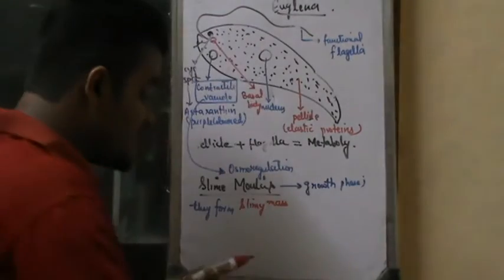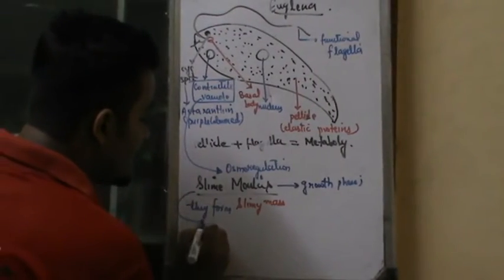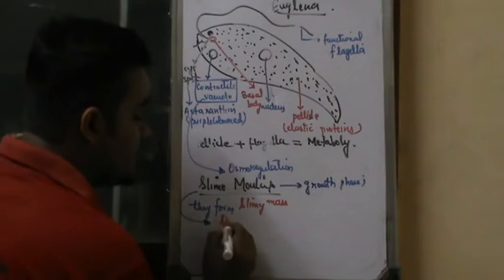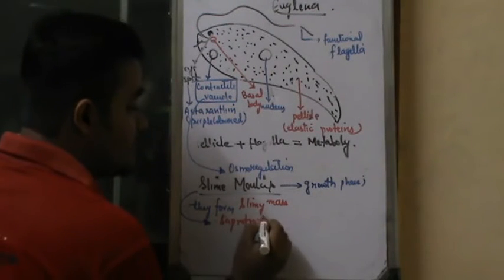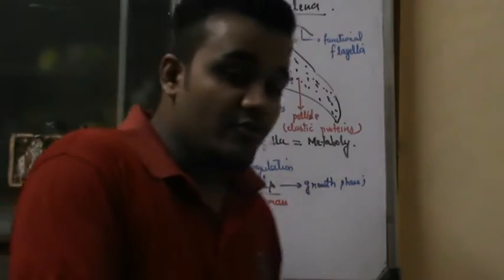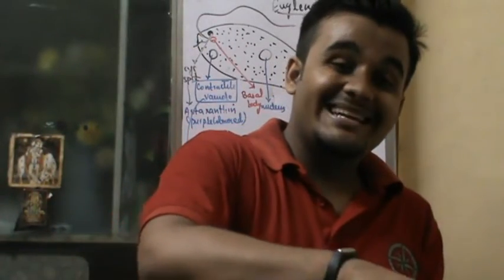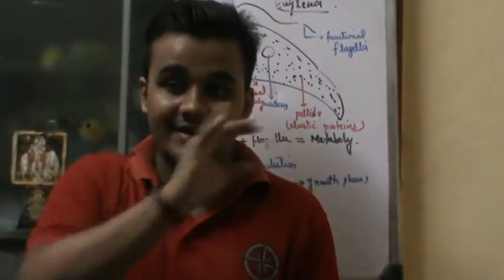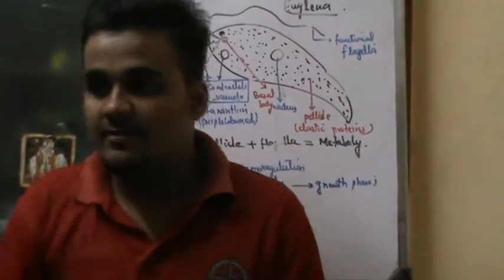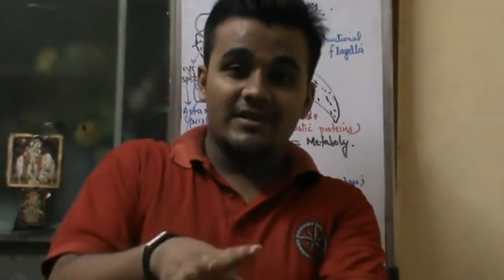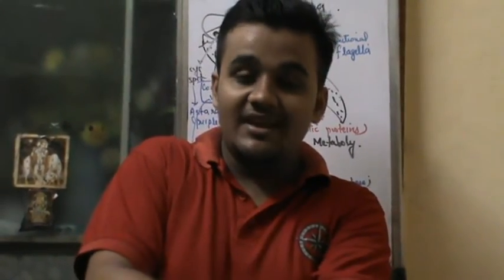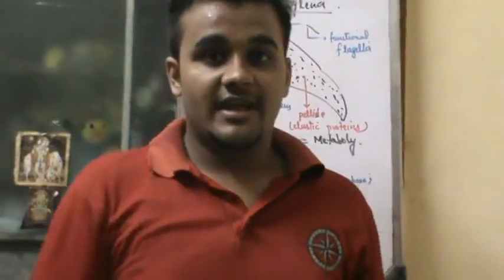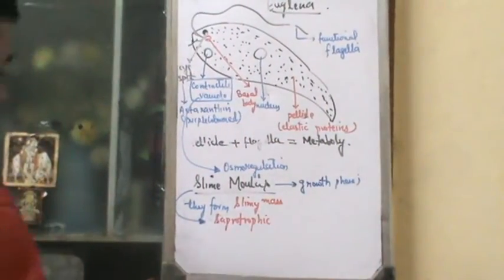What happens is, always remember, these are organisms which are always saprophytic. It's going to be a very important word. They are going to be saprotrophic, and while they are moving, they move in a wriggling pig-like manner. Just now I told you about Euglena, wriggling movement. Slime mold movement is a bit different. On dead decaying matter, they just move in a wriggling manner and consume the organic matter. That's going to be one of the NCERT lines.